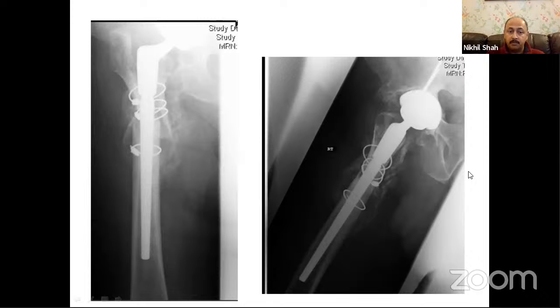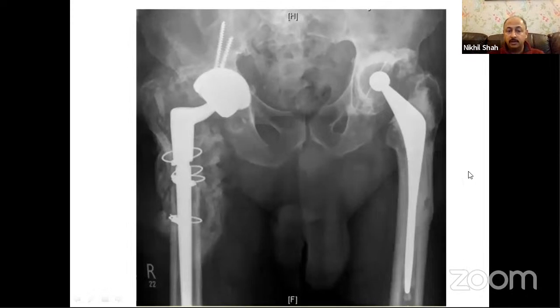You can see that the proximal femur is quite shattered now, quite comminuted, and it has been reconstructed with the help of the wires, but the lesser trochanteric fragment is separate and the greater trochanteric fragment is separate. Nevertheless, he got reasonably good fixation. Post-operatively, within a few months, the patient developed extensive heterotopic ossification. You can see that the hip joint is pretty much ankylosed. And paradoxically, the stem did not ingrow well. So the stem was left loose, but he was functioning because he had a very stiff hip and not very good mobility.